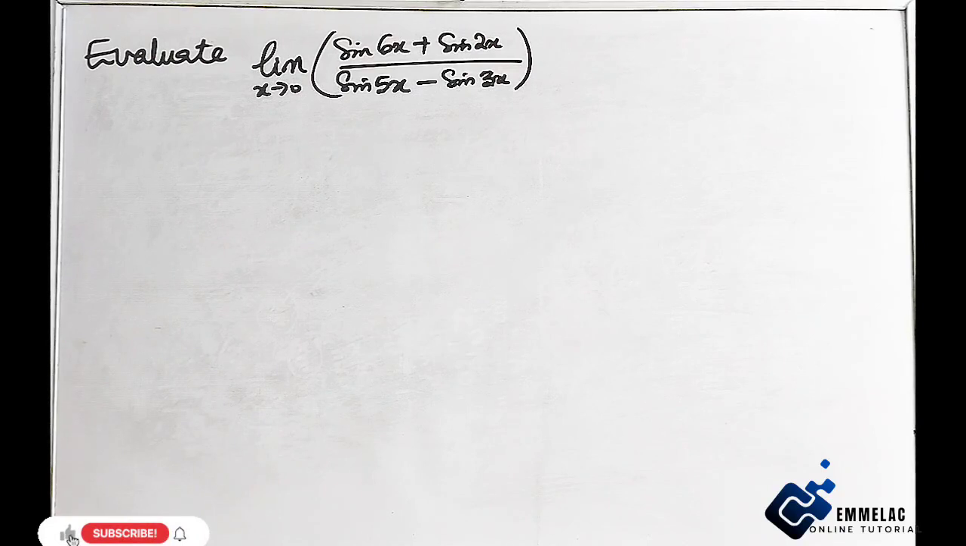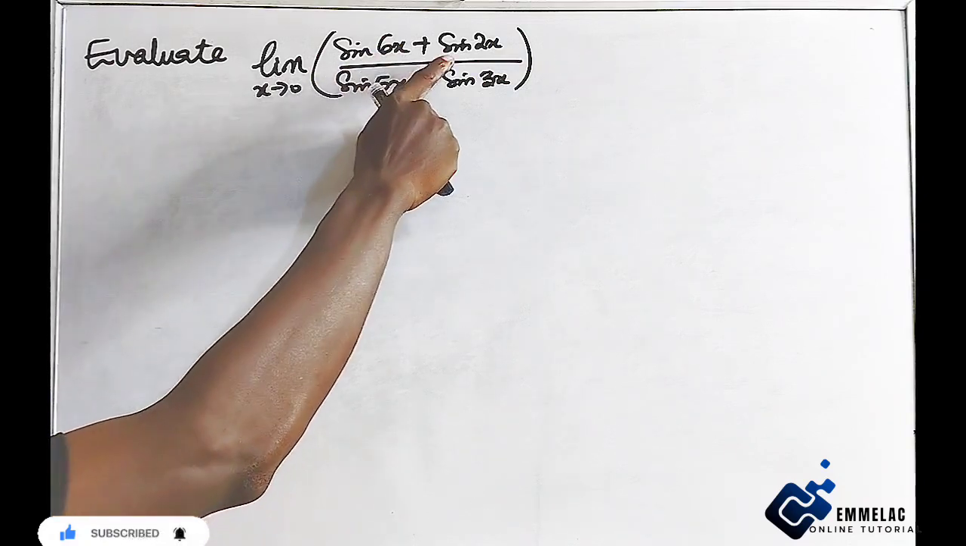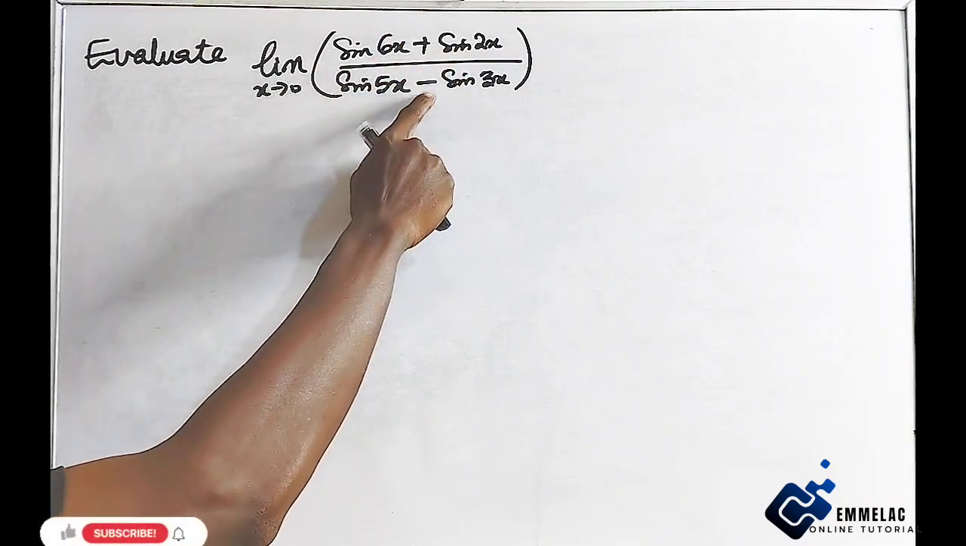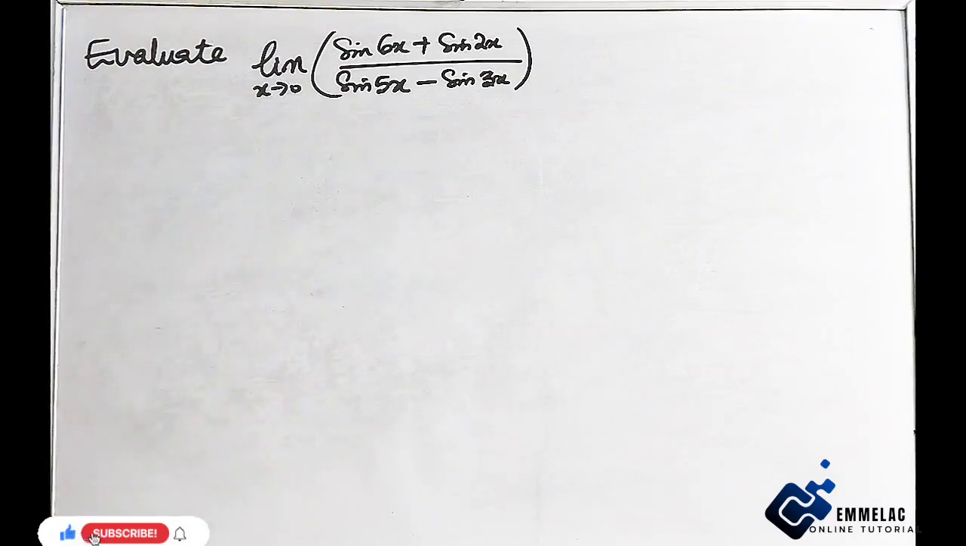Now let us consider this question in the limit of a function. We're given the limit of (sin 6x + sin 2x) all over (sin 5x − sin 3x) as x tends to 0. Let us recall one of the trigonometric rules that says